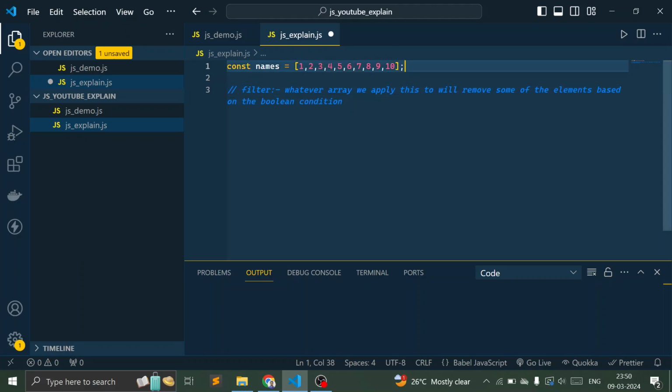Let's say we have this numbers array, which contains numbers from 1 to 10 as you are able to see here. Now let's say our use case is that we want all the numbers which are not divisible by 5 in a new array. How do we do that? For this, what we can do,